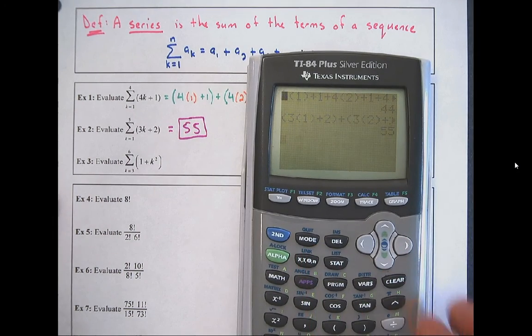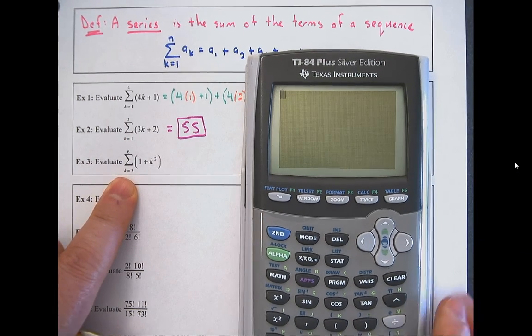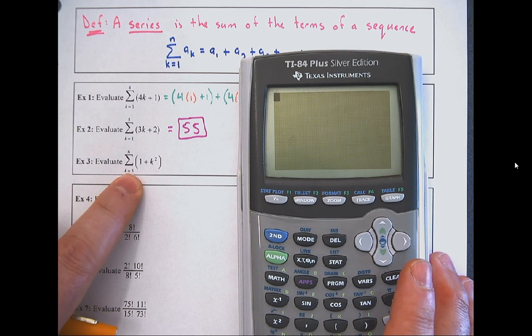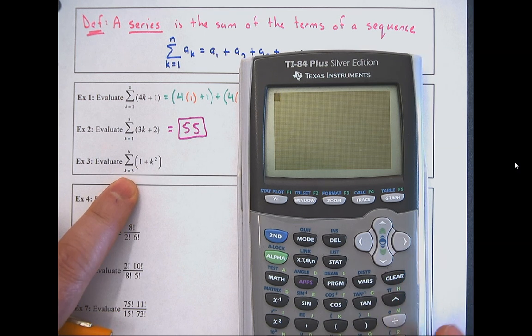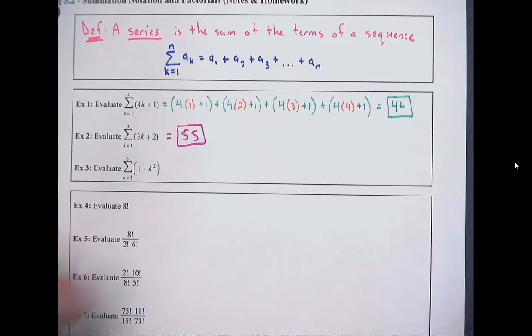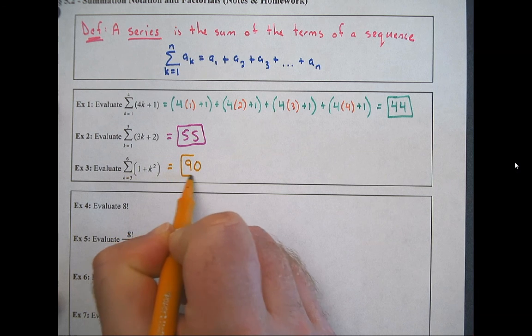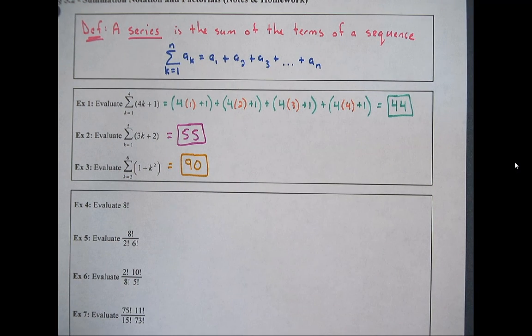All right, I'm not sure if you noticed, but this k value starts at 3. So I would only plug in 3, 4, 5, and then 6. You don't always start at 1. It's whatever the k value starts at at the bottom of our sigma. So that would be 1 plus 3 squared, plus 1 plus 4 squared, plus 1 plus 5 squared, plus 1 plus 6 squared. We should get 90. All right, so hopefully that helps a little bit or reminds you of how summation notation works and what a